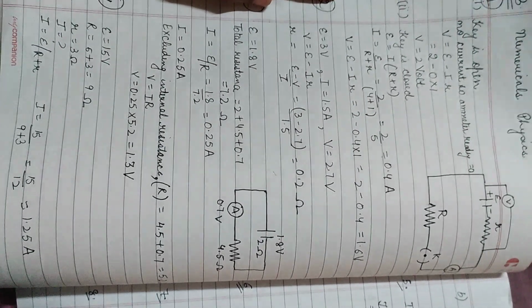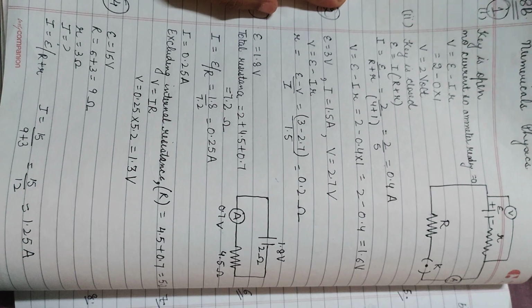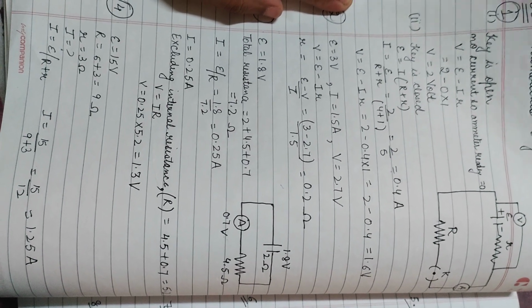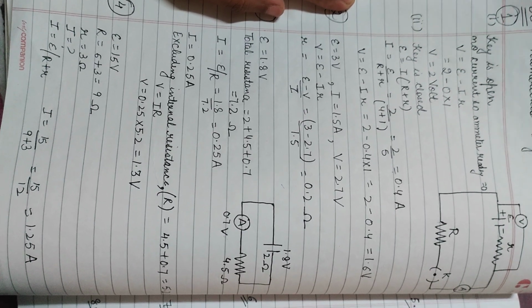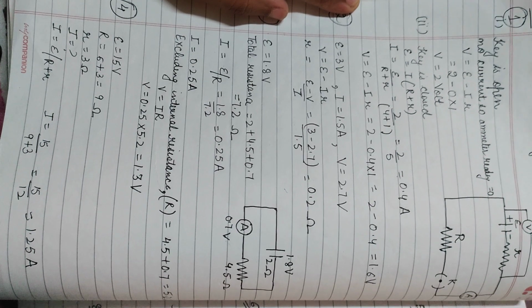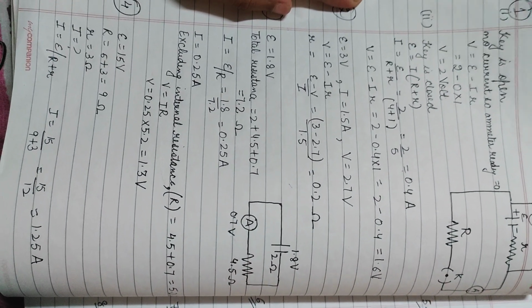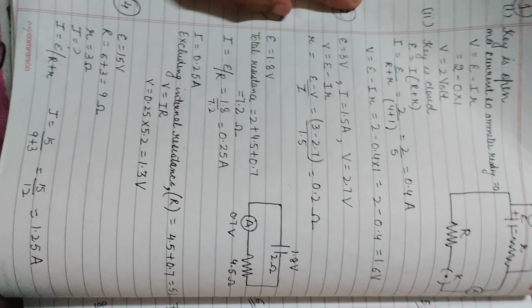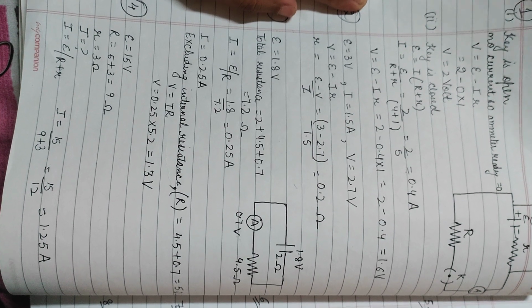See, when the key is open, definitely no current will flow. What is existing there? Only internal resistance is existing there. So by using the formula V is equal to E minus Ir, we get the value of V, that is 2 volts. Now when the key is closed, both internal resistance and drop voltage will also be there. So E is equal to I(R plus r), and we calculate from here the value of the current, that comes out to be 0.4 ampere.